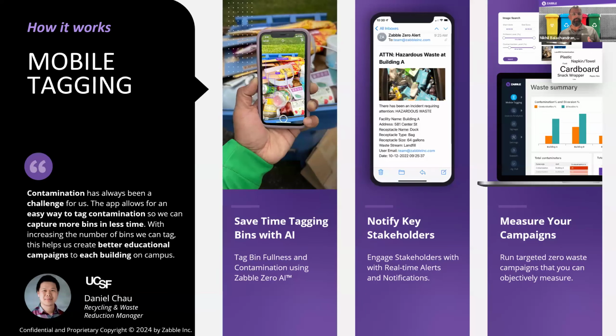What we have created for contamination monitoring for jurisdictions is called mobile tagging. It allows you to upload all your account information, such as addresses, bin info, and service levels that are automatically geocoded and appear on the mobile app in the map. It also functions with little or no internet.